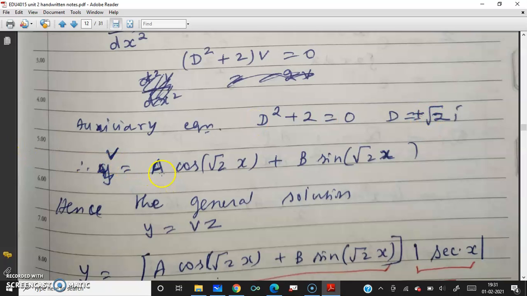So C1 is some constant, so I'm taking it as C1 cos beta x. Beta is root 2, so cos root 2 into x, plus another constant C2 sin beta x, so sin root 2 into x. This is my v, right? That is the complementary